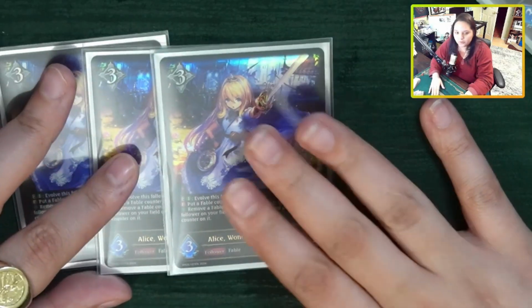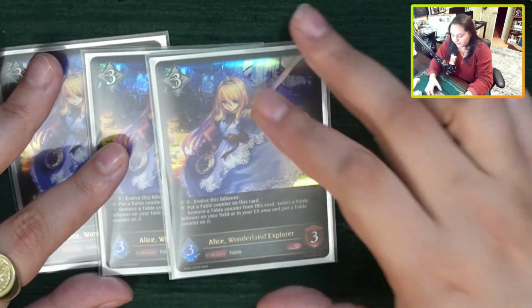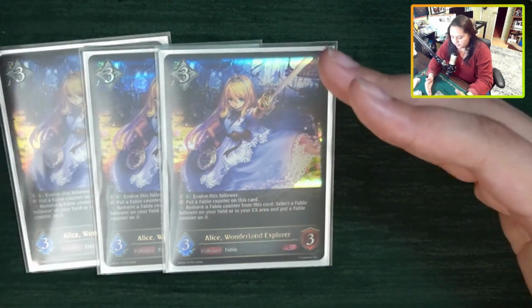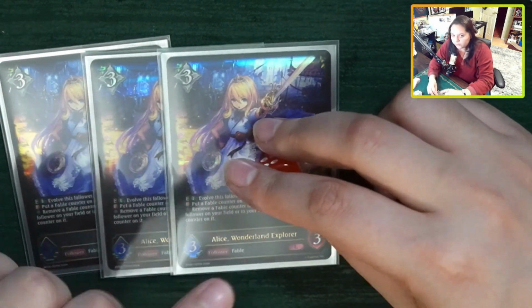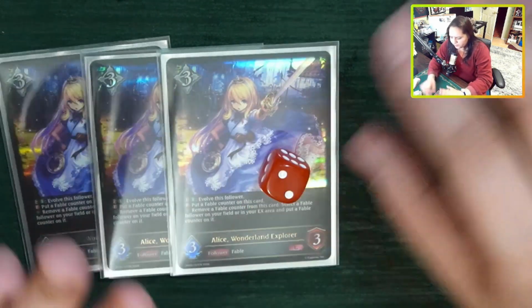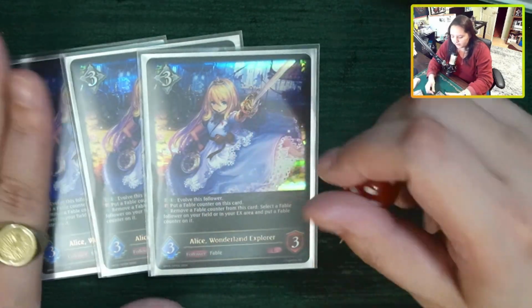We're going to talk about Alice here because Alice is basically the other end. The other part of this that's very important is the other meat and bones that helps this whole engine work together. Her effect says when you place her onto the field, you put a Fable counter on her, and then she says you can remove a Fable counter. By the way, it's not once per turn. This is also not once per turn. You can remove a Fable counter from her and put it on anything else, including